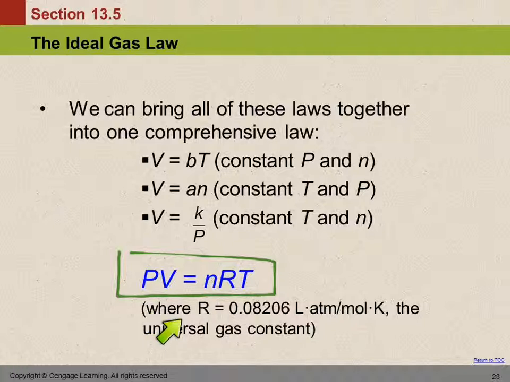The one that we use most often in chemistry is 0.08206. The units seem kind of weird there: liter atmospheres per mole Kelvin. But let's just look at the units real quick. If we have our pressure in atmospheres, and we multiply that by the volume in liters, and say that that's equal to the number of moles,